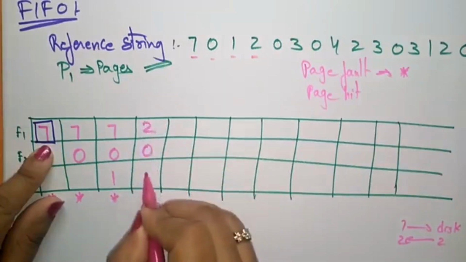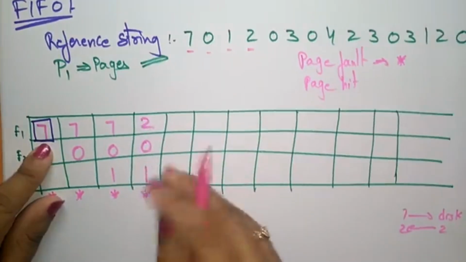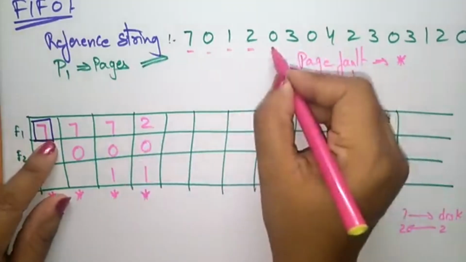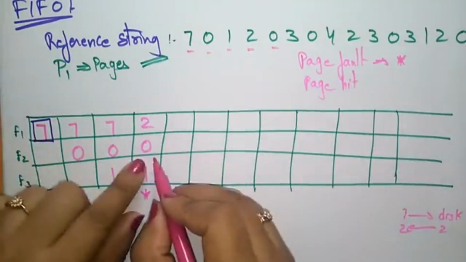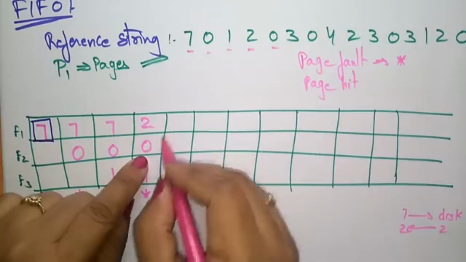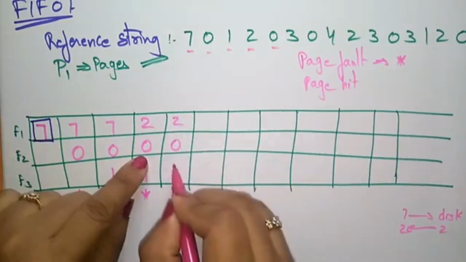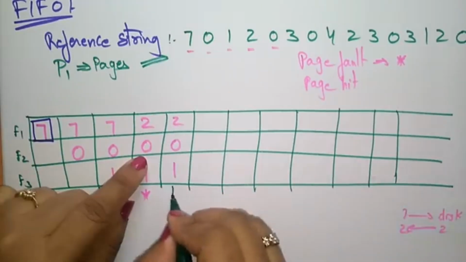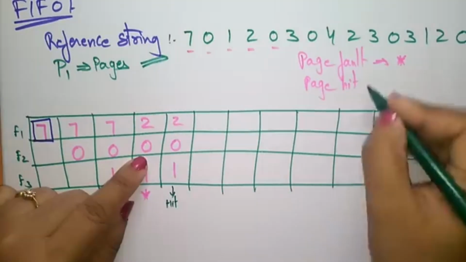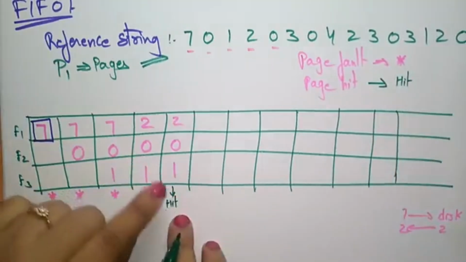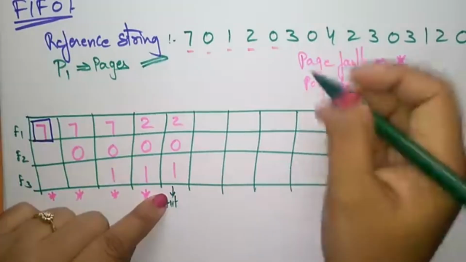So 2, 0, 1. This is also a page fault because 2 is not present in the main memory. After 2 I have to place the 0, but the demanded page is already present in the main memory, so no need to bother about it. This is called a hit. If the demanded page is present in the main memory, you call it a hit. So next,